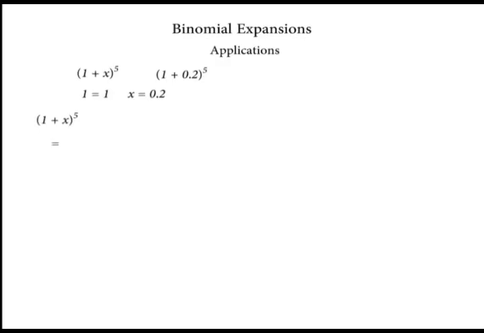And so for (1 + x) raised to power 5, n is 5 and therefore the coefficients are 1, 5, 10, 10, 5 and 1. Expanding, first term: the coefficient is 1 times 1 raised to power 5 times x raised to power 0, plus the second term, the coefficient is 5 times 1 raised to power 4 times x raised to power 1, then plus 10 times 1 raised to power 3 times x raised to power 2, then plus